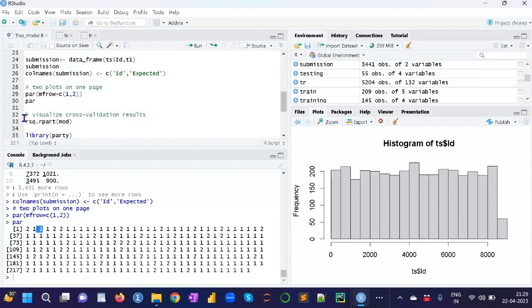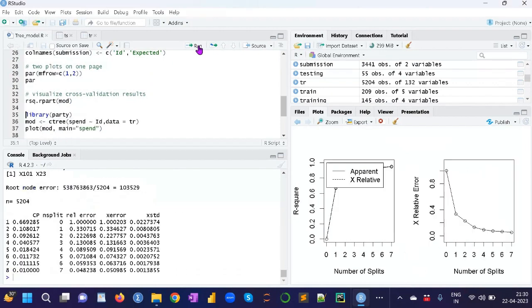Now I am using cross validation. It shows the result, and it also visualizes the data. So rsq.rpart is the inbuilt function, and mod is my model, which is the variable I am using. This is the R square and X relative error. It is the number of splits, and the numbers are the same.